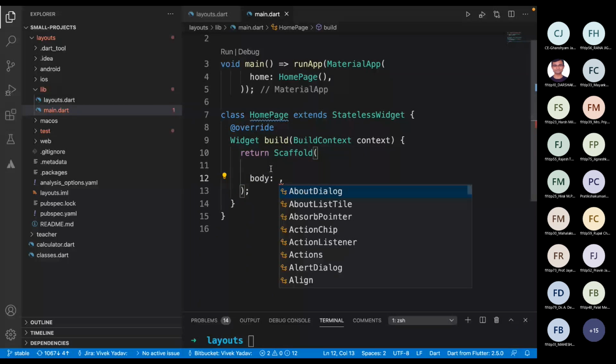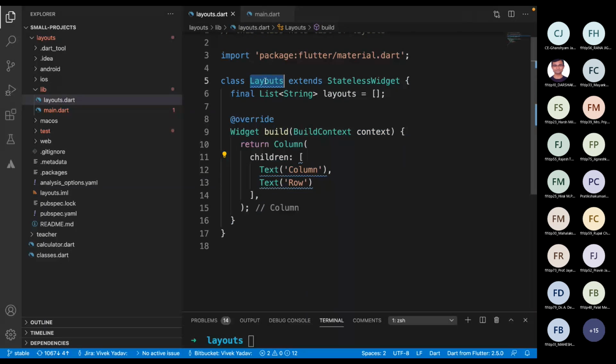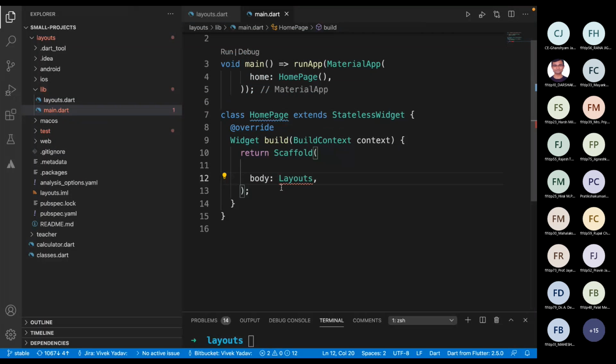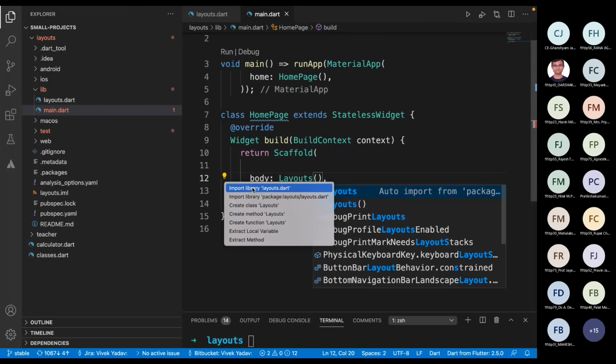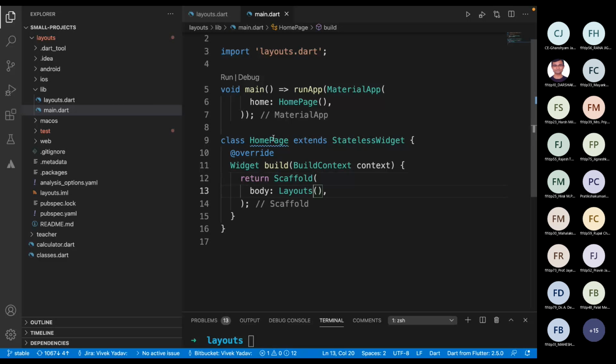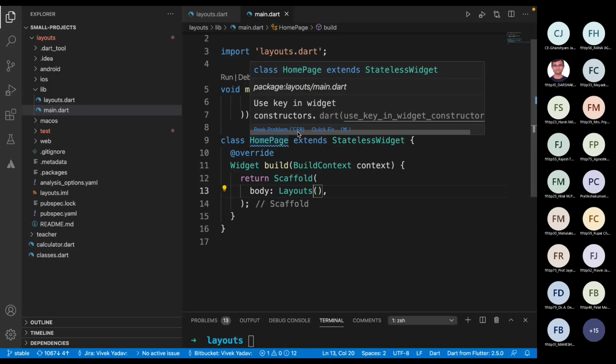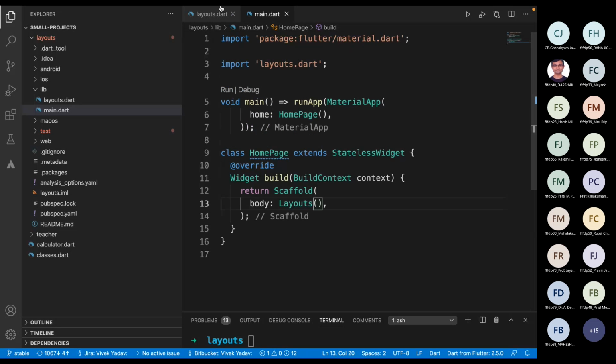In the body, I will have my layouts. So what I have done here is I have created a